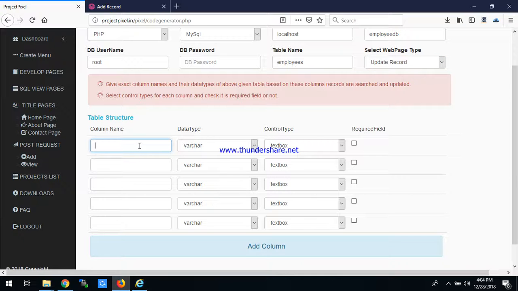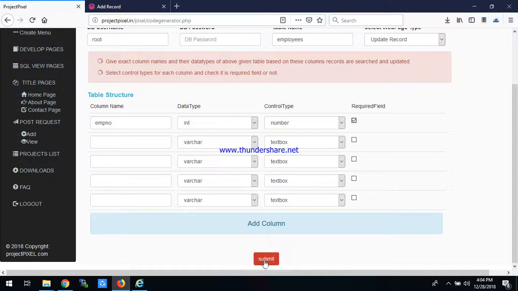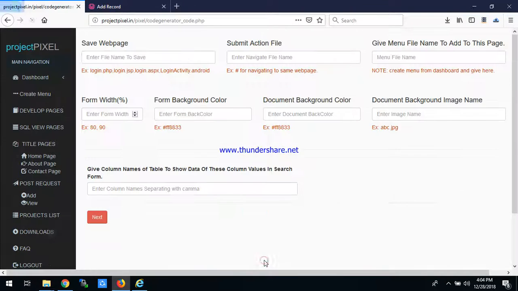So here I have to update the record. Before updating I have to search the record. So on which column would you like to search for updating? Employee number. This is an integer data type column, and the text box I would like to provide is number type, and say required field. And I click on submit, and save the web page as update